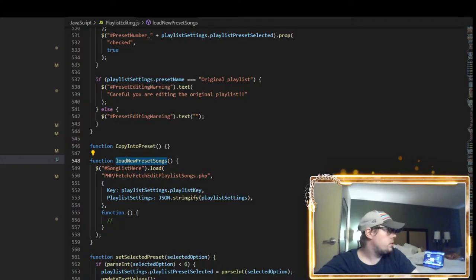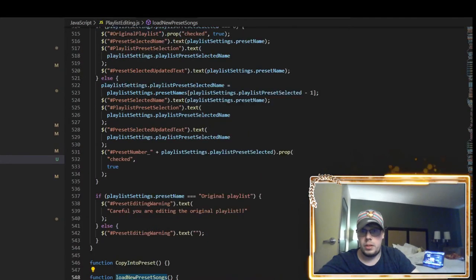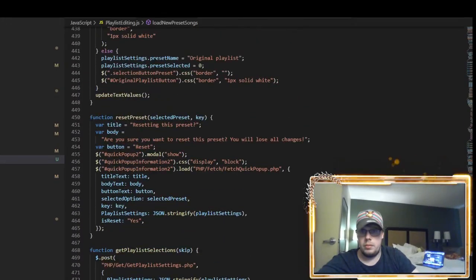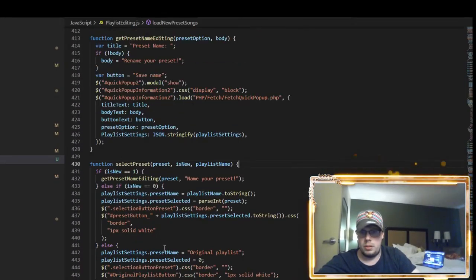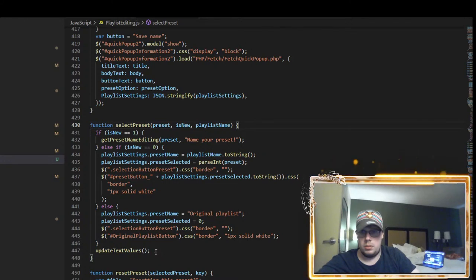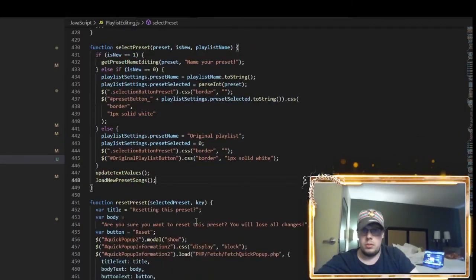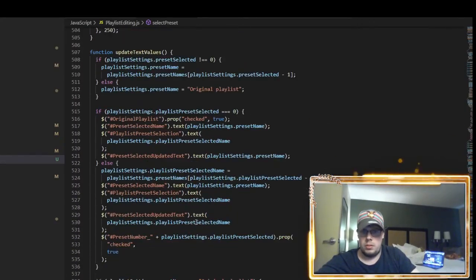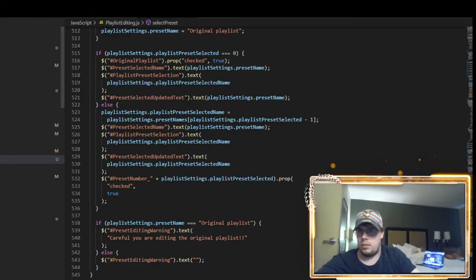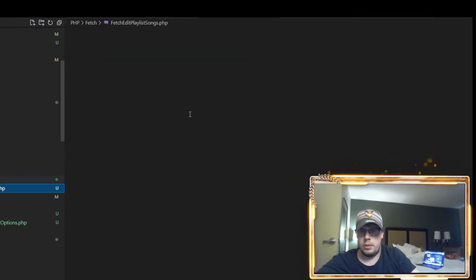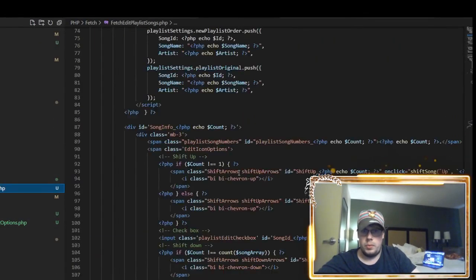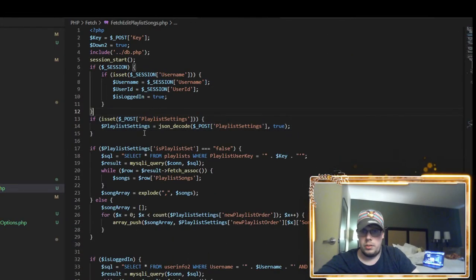So when we hit select preset, we want to do this, and in this here, what we want to check here is